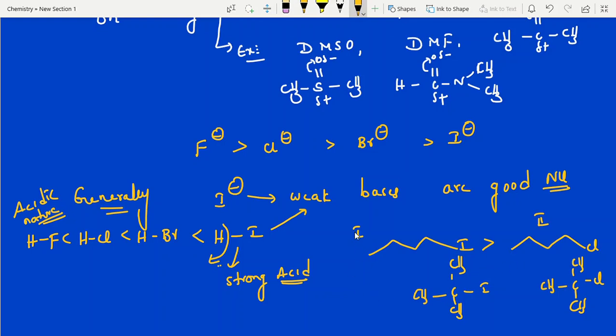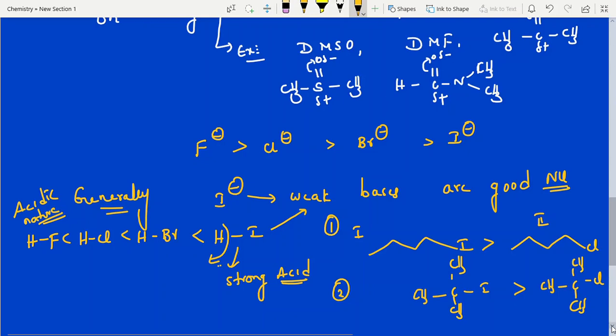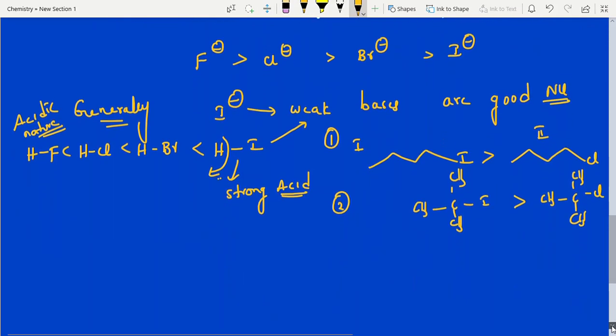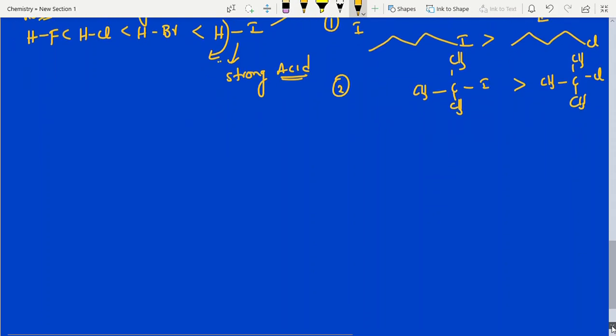And this is the second question. This is question 1, this is question 2. So this one has more. Iodides are generally good nucleophiles. If they mentioned a solvent, then you can go through the solvent points. That's why I have covered all the models. Nucleophilicity clear, students? Now, one more confusing question is there. Let me discuss that one.